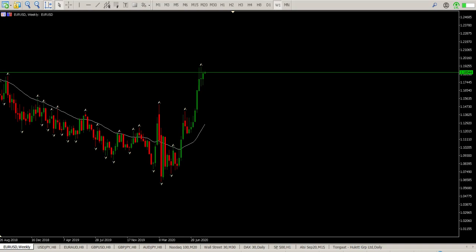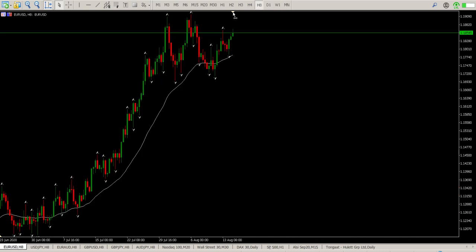Setups for today. So just starting off on the weekly with the Euro USD. We had a week of indecision, and then we had a week where we closed pretty much on our high. Now that's a fairly bullish signal. So if we start drilling down to the time frames you want to trade,